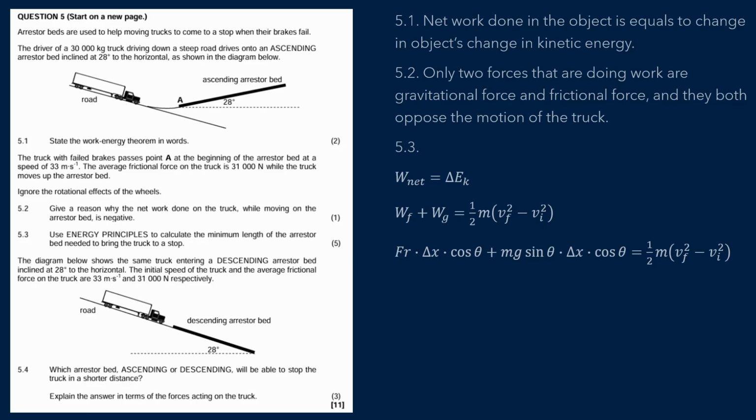Now substituting in all the values, I get 31,000 multiplied by change in x multiplied by cos of 180, plus 30,000 multiplied by 9.8 multiplied by sine of 28 multiplied by change in x multiplied by cos of 180, is equal to half of 30,000 multiplied by (0 minus 33 squared). Simplifying that down, I get negative 31,000 change in x minus 138,024.64 change in x is equal to negative